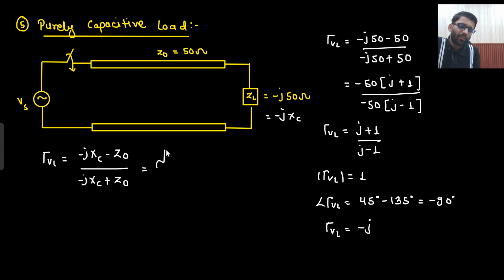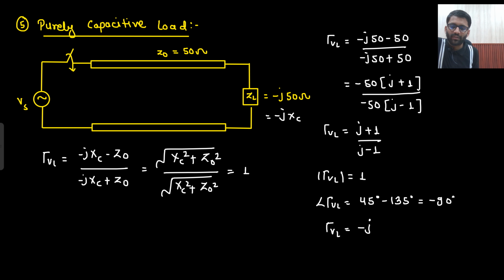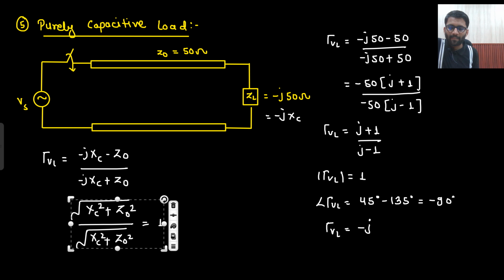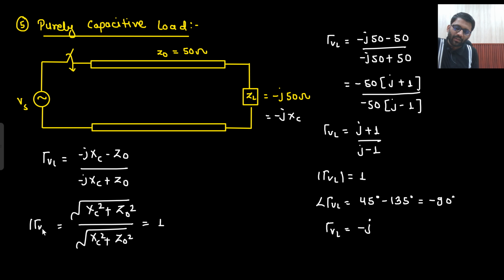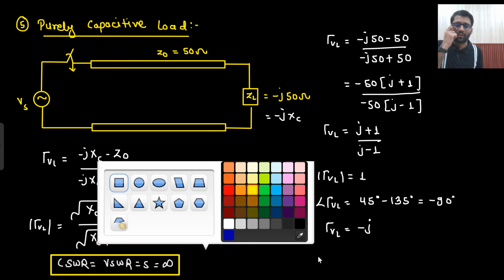So if I calculate the magnitude, what it would be? Minus XC square, that would be XC square only. Plus minus Z naught square, that would be Z naught square only, upon XC square plus Z naught square. So that would be equals to 1 only if I am talking about the magnitude. This I talked about the magnitude. Okay, angle is a separate thing, but here magnitude is always 1. That means certainly my standing wave ratio, current standing wave ratio or voltage standing wave ratio will be equals to infinity only. So my standing wave ratio will always be equals to infinity,